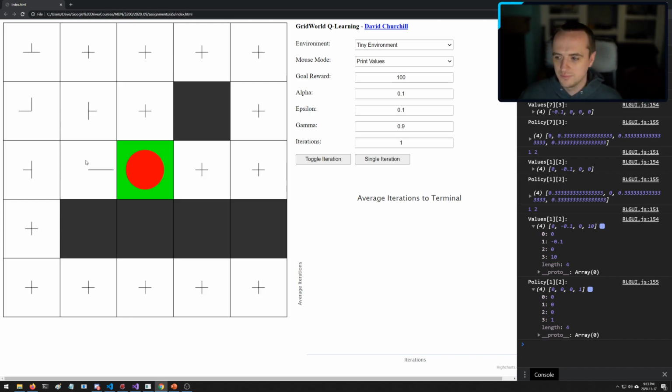Great. Okay. So that's what you're doing for this assignment. You're implementing a few functions. You're implementing the Q-learning value update rule. You're implementing the Q-learning policy update rule. And you're implementing how the agent moves around the map. That's it. Okay. And if I click toggle iteration here,